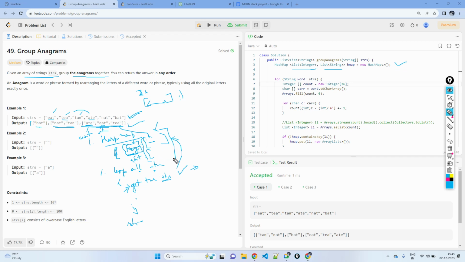I'm looping over all the strings. Then I need to have 26 counters, so I'm declaring an array of integers for the 26 counters. Okay, and then what I'm doing is